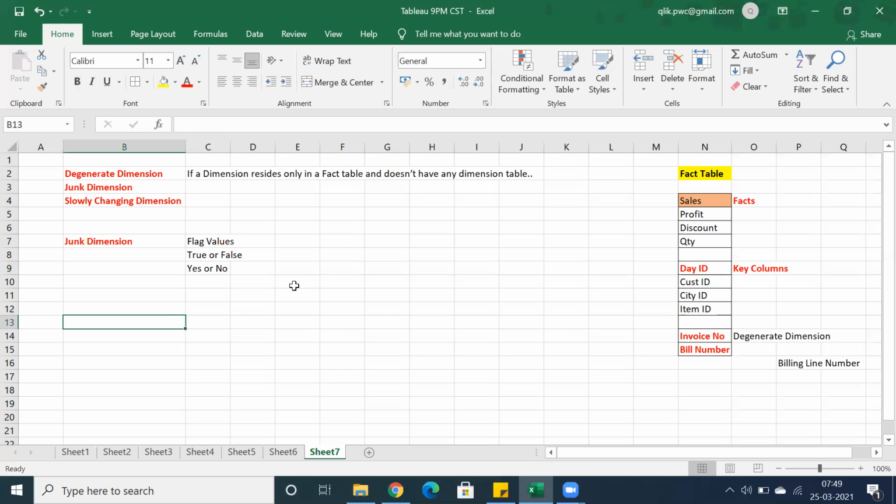So a junk dimension, basically, let me give you an example. Let's say we have a table called gender.